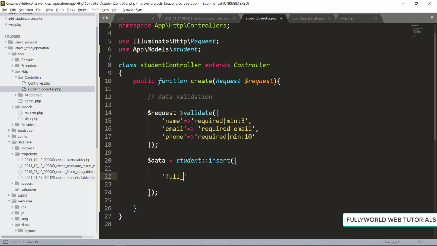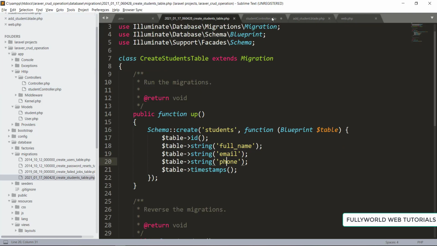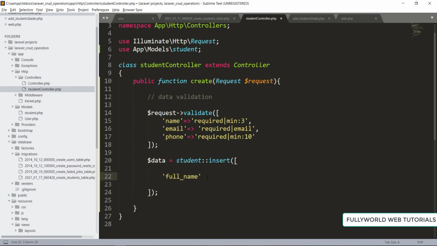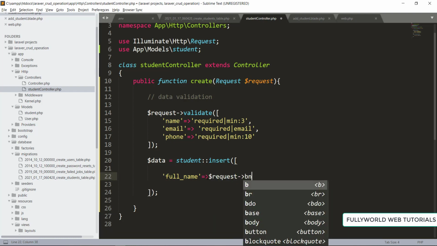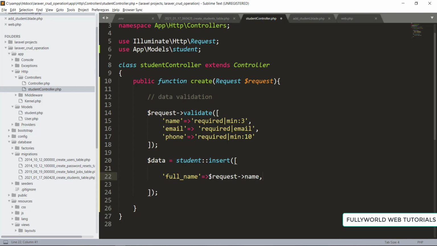First will be our full name, and this full name will take our data from our request. From our request we will take our name here. As this is an object, we are taking the name property from our object here.